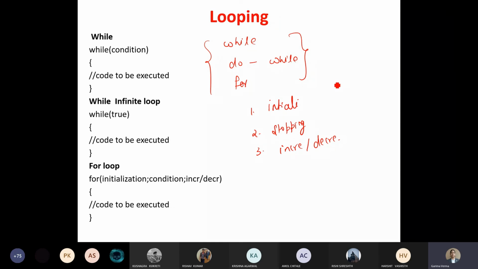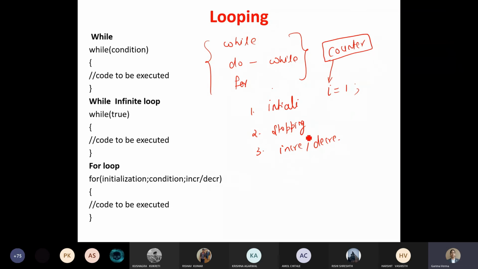Right? For example, I wish to make a loop from 1 to 10. Then my initial condition will be 1. And obviously, you require a counter for the loop. Counter means the variable which will count how many times you are iterating the loop or how many times you will make the loop. So I wish to run my loop 10 times. So I initialized it with 1. And this variable will be called as counter. And the initial value of my variable is 1.